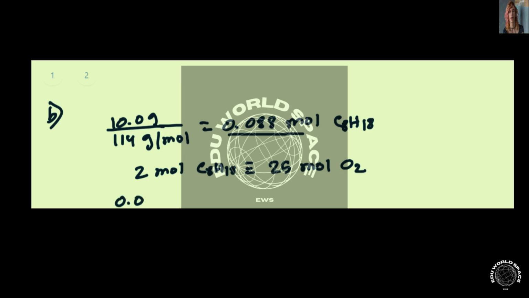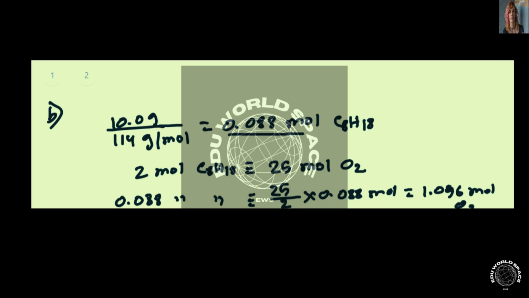That means 0.088 mole octane will be burned by 25 by 2 times 0.088 mole, which will give us a value of 1.096 mole O2. So 1.096 mole O2 is required to burn